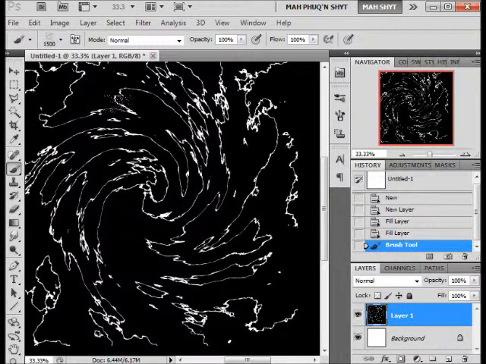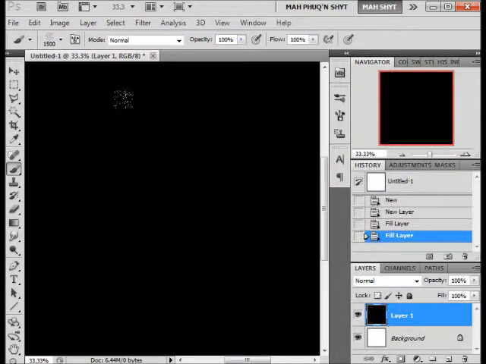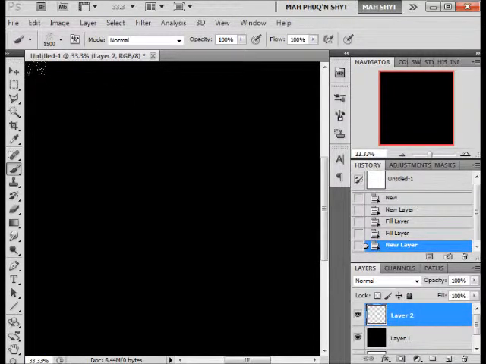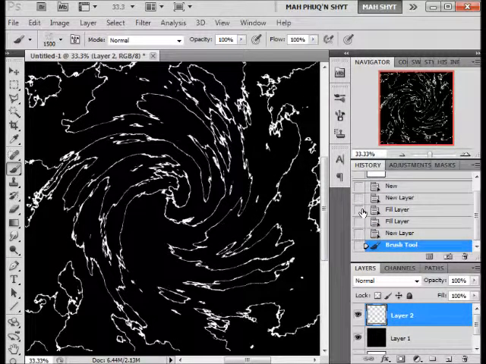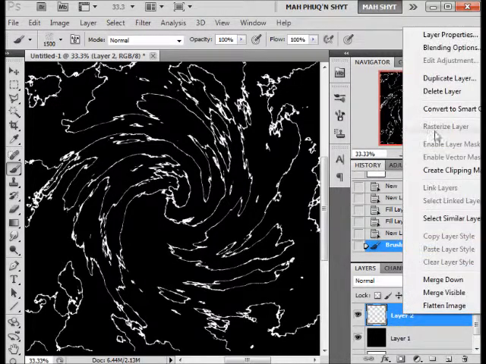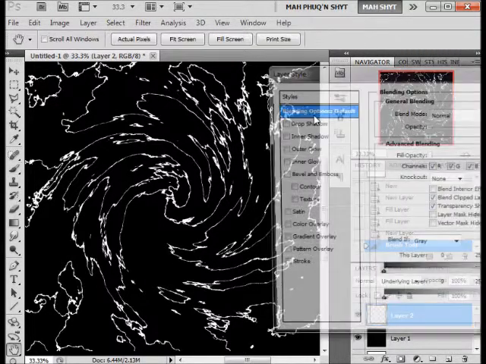I have the color white selected, so let's see here. You want to make a new layer, so I have a layer that's filled with black. You want to make a new layer on top of that, and then hit that brush down, and there you go. This is kind of the same as what it looked like in the last tutorial, but what you want to do here is right click on your layer, go to blending options,